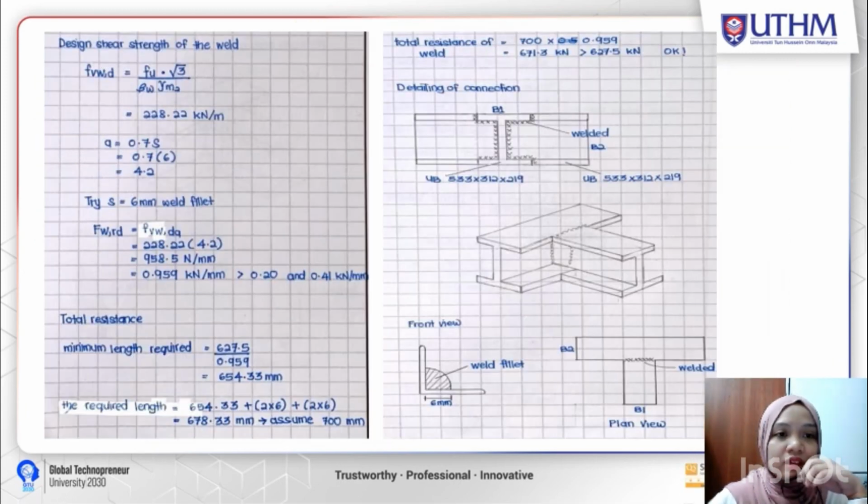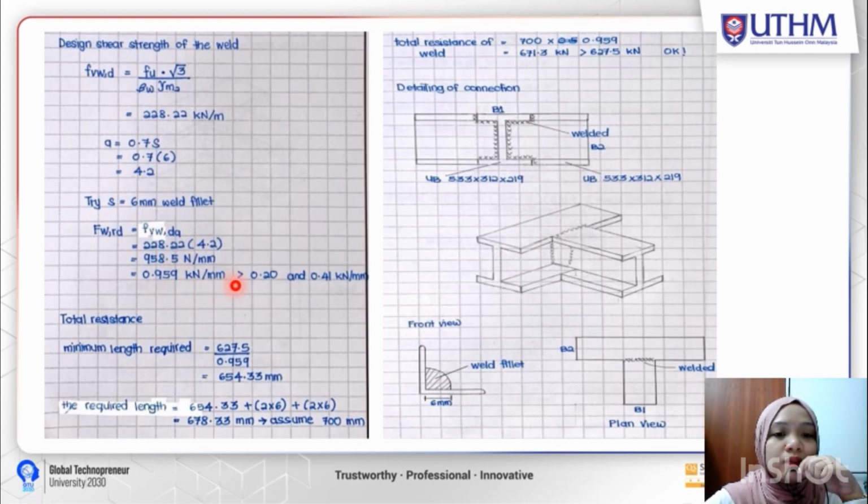And so after we get all that, we will insert it into the design shear strength of the weld. FVWD equal to FU times by root of 3 and beta W times by gamma M2. And the answer would be 228.22 kN per meter. And we will try the size of S, which is 6 mm weld fillet,